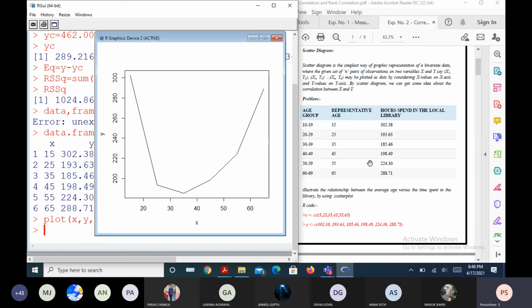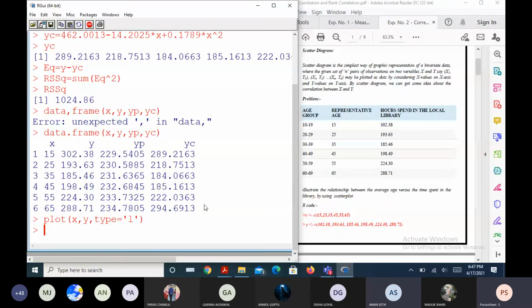How to fit a linear or quadratic model using the R program for a given tabulated data, right? Any doubt on this? No, sir. No doubt. Okay.